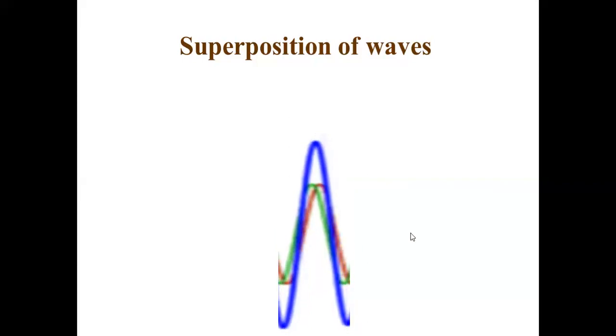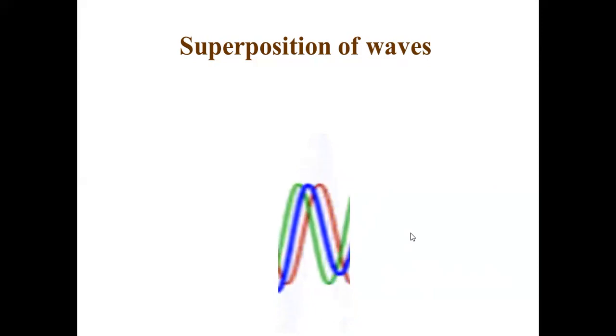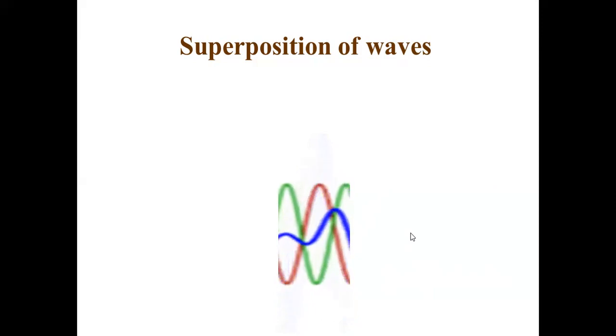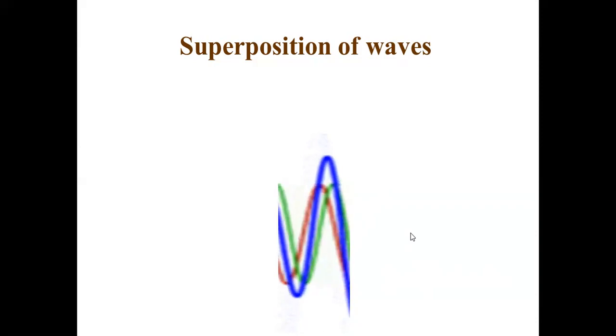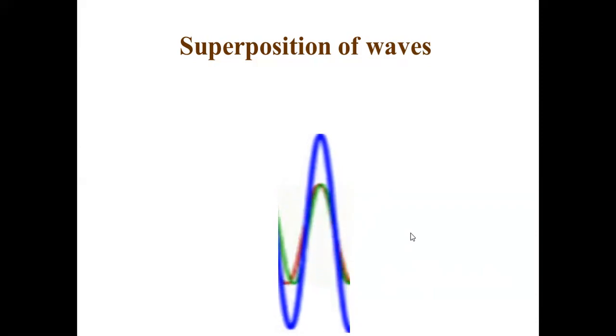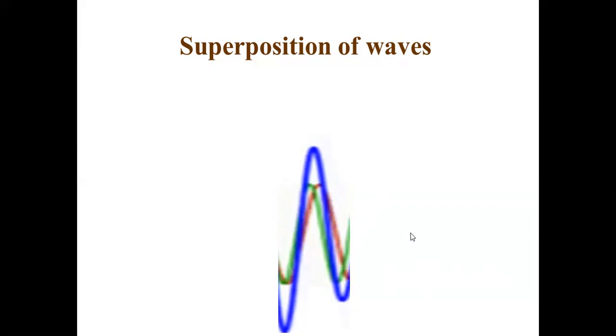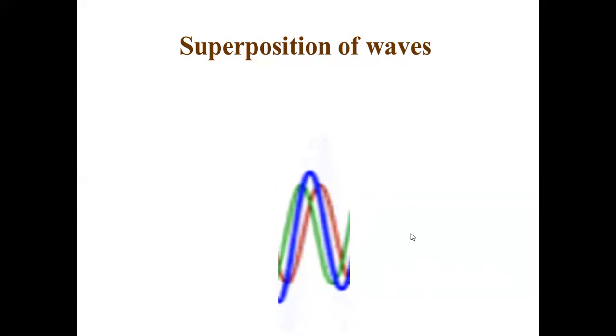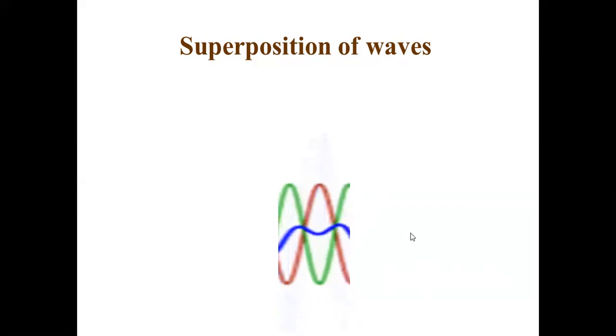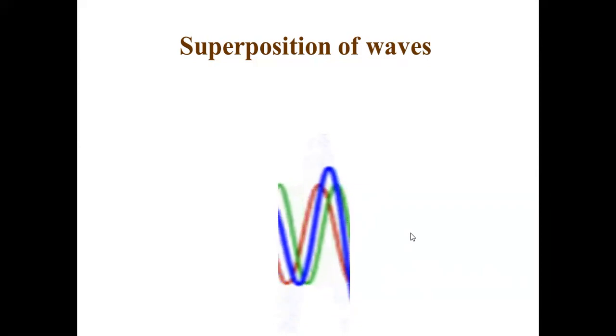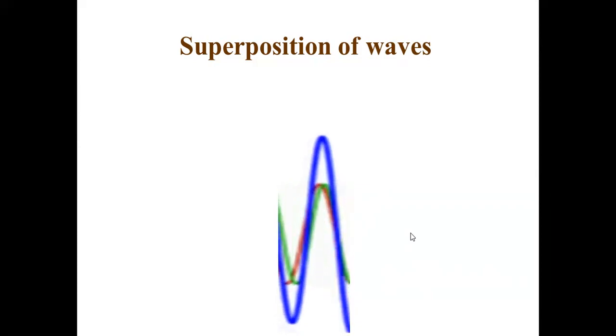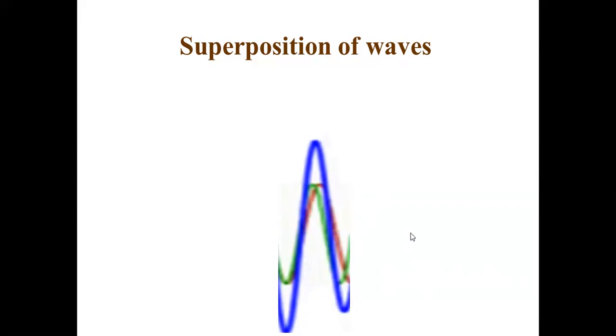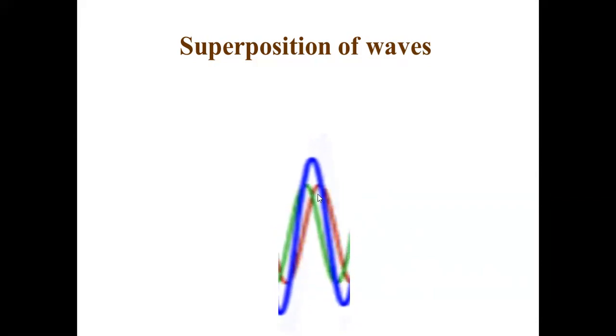So when you are by the side of the seashore, when the sea waves come to you, and when they return back, if another wave comes and falls on that returning wave, you don't see the coming wave, you don't see the returning wave, you see a new wave, right? When you apply 7 Newton and 3 Newton on an object in the opposite direction, you don't see 7 Newton, you don't see 3 Newton, you see the resultant 4 Newton effect. Its effect is seen. That is how it is shown.